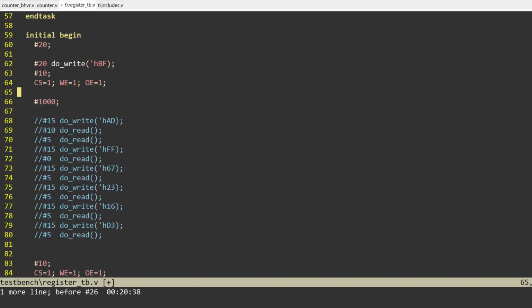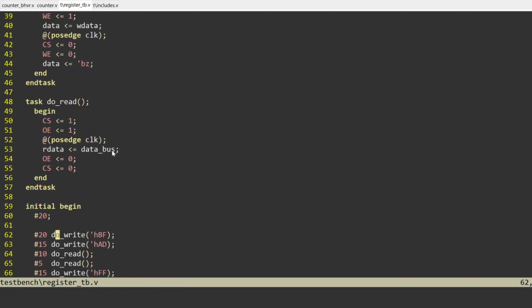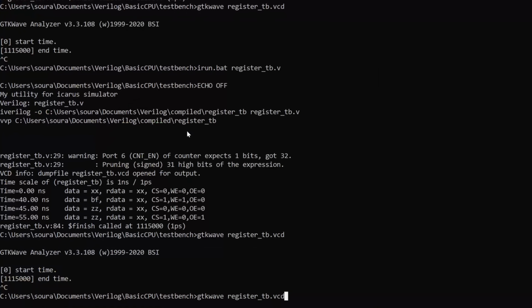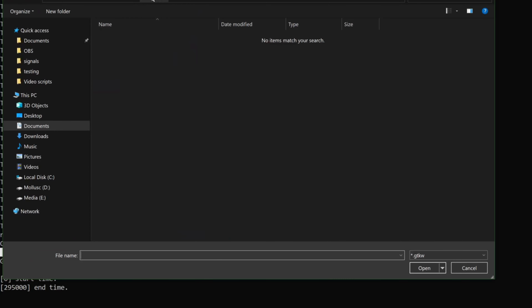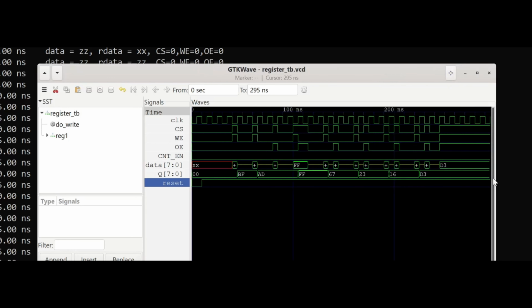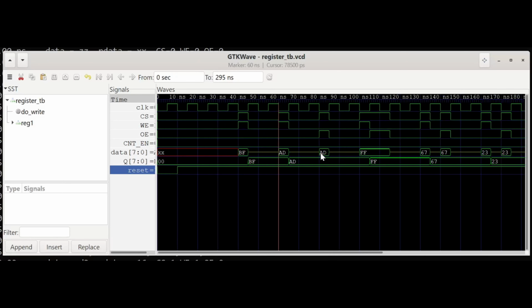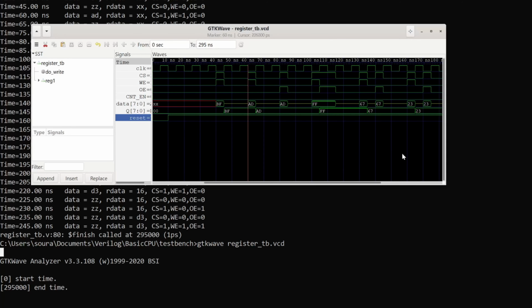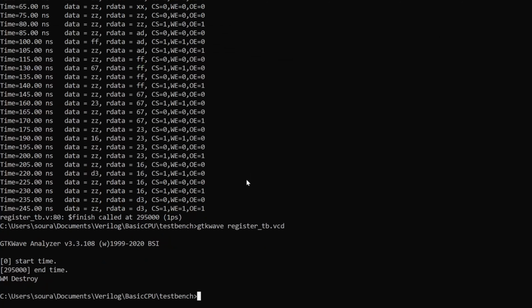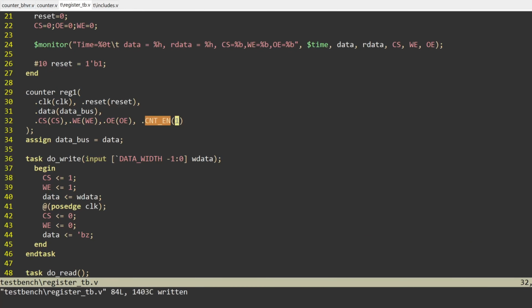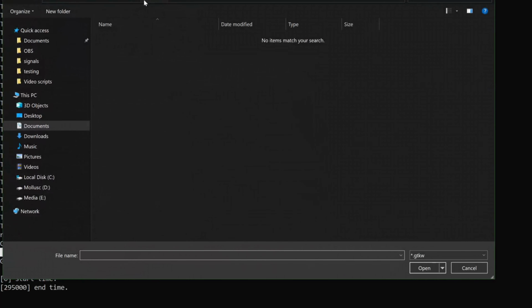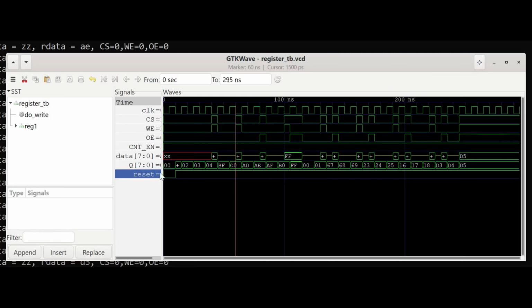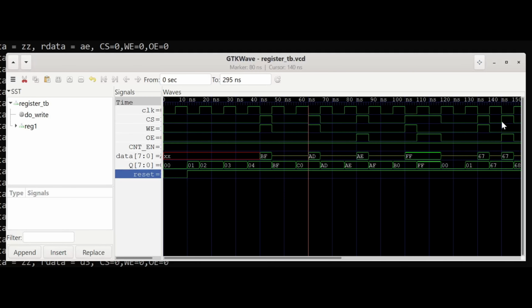Now let's see if it can also become a register. I'll add those register writes and reads once again and set count n as 0. And yeah, I'm able to write and read this random data into it properly. One last test. I'll set count n as 1 again. The data read is 1 more than the value written, just like the behavioral model. So this works.